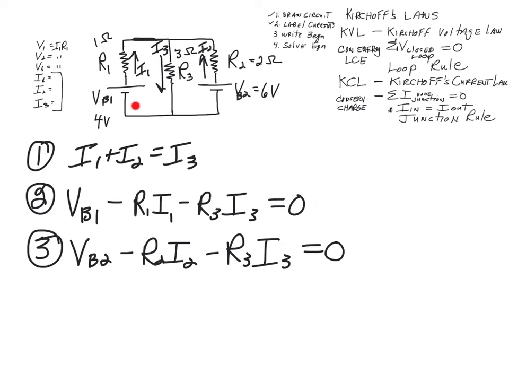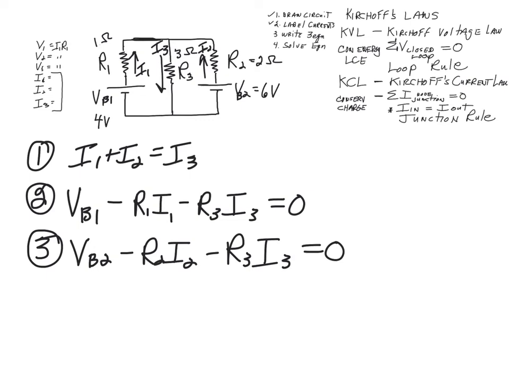If we started here and went the opposite way, when you go around a loop, remember, you can't always follow the current. So if we went around this way, we have to reverse the sign of this. This would be positive I3R3. How do we know that? We're moving around the loop opposite the direction of the current. We would move around the loop opposite the direction of I1. This would become positive, and we would go backwards through the battery. And if there were a situation where current goes backwards through the battery, you're actually charging the battery, you're putting energy into the battery. So it makes sense